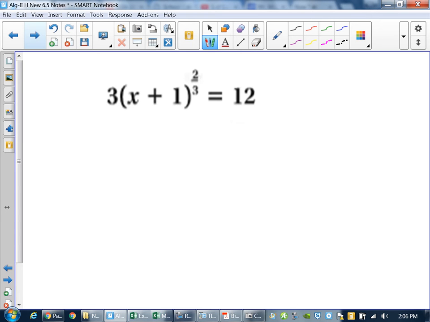I told you. All right, 3 times the quantity x plus 1, all to the 2/3 power, equals 12. Once again,